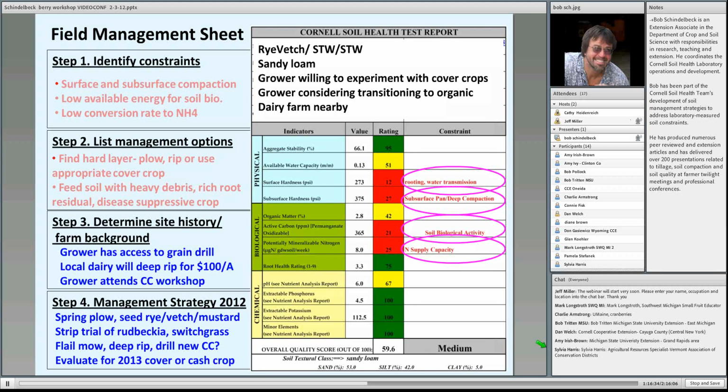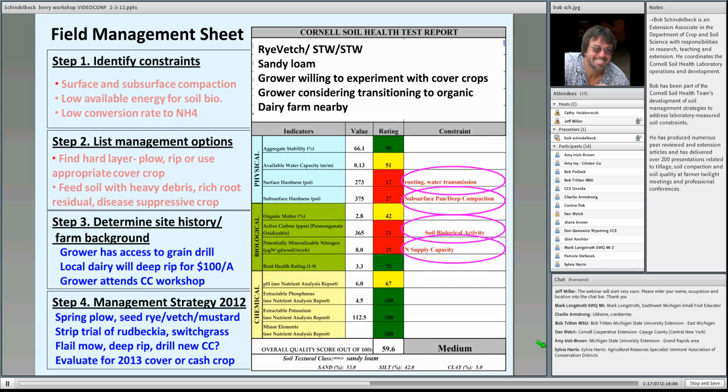He also wants to try a strip trial of Rudbeckia or switchgrass. He learned this in his cover crop class. These crops have good cover crop qualities, and the organic debris from them is useful in maintenance of soil organics for strawberries. This grower is proposing to then flail mow and deep rip during 2012, leaving whatever in any of these